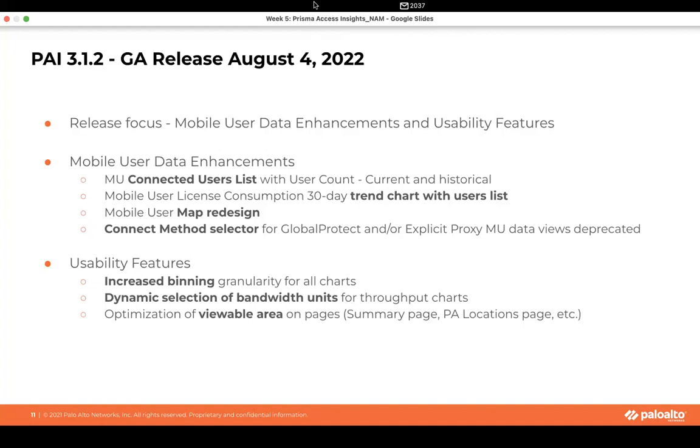So this release was focused on, as I indicated, mobile user data enhancements, as well as several usability features that have long been asked for in the field. So we took on that as the major features for this release. In terms of